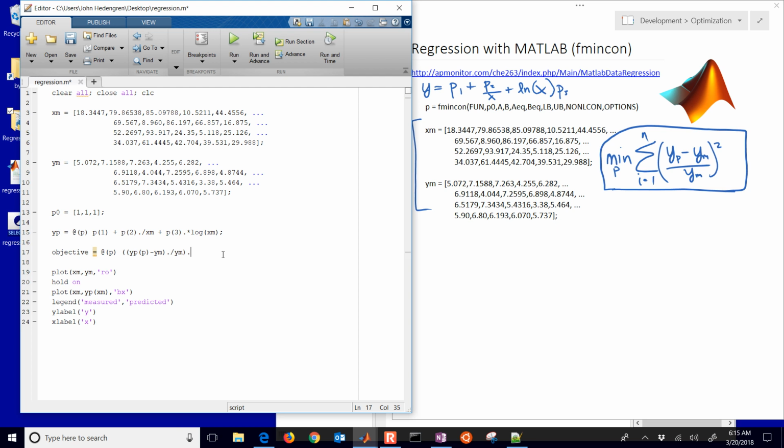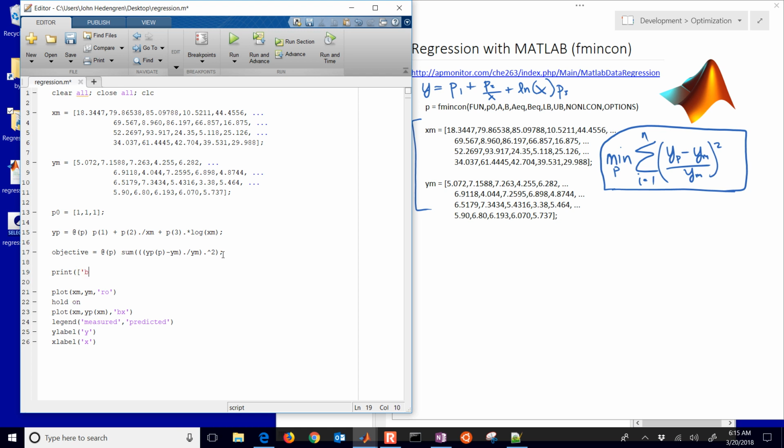Okay, so that's also going to be dot to the power of 2, so that's going to be squared in that case. And now that's going to be a vector of values, but the objective needs to be just a single value. So I just need to sum up all of those values into a single objective. Okay, so there is my objective, and if I just print,